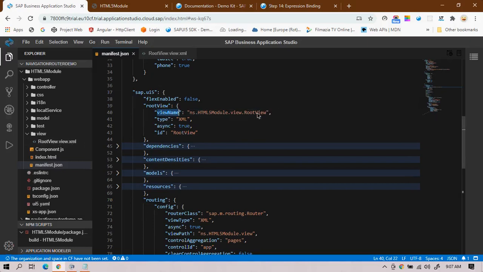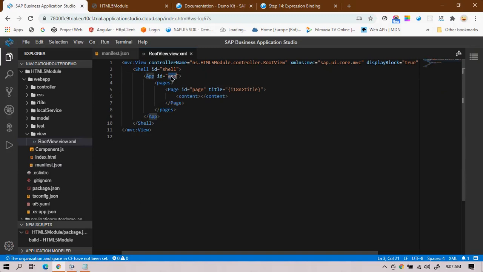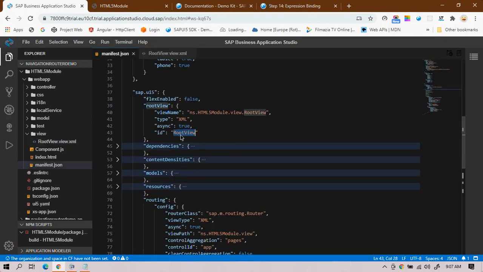This is our root view, and the ID is also root view. We have to change this ID. The ID should be app, the ID of the control. I'll simply change it in order to perform a simple navigation, otherwise the navigation will not work.